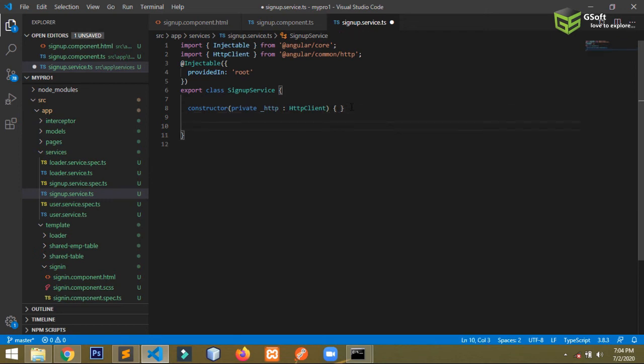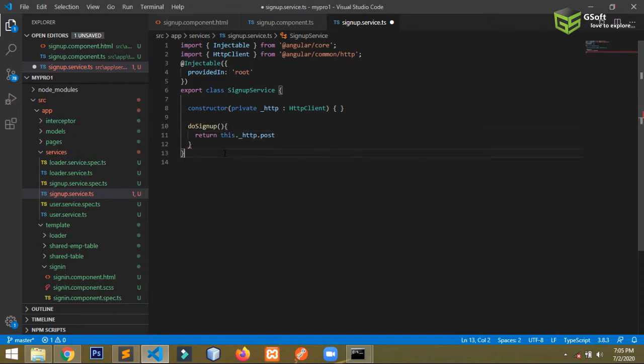Now you will create a function here, do sign up. Okay guys, this is my function, and the main reason for making a service is you can call it from anywhere. You have to just import the particular service you want to call, and you can use that service. Let me show you. So you have to just write return, and here you have to write this dot underscore HTTP, and here you have to write the name of the method.